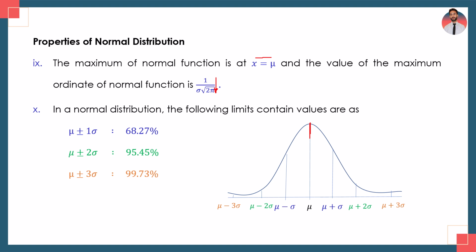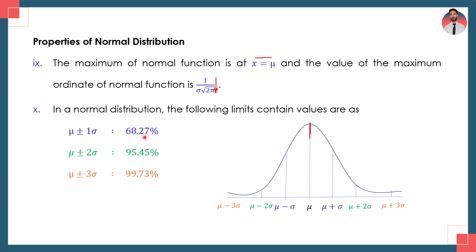In the 10th property of a normal distribution, the following limits contain values as follows. If you have x values data and the x values follow a normal distribution having mean mu and standard deviation sigma, then the first limit is mu plus minus 1 sigma limits, which contains or covers 68.27% of the observations. The data covered between mu minus sigma and mu plus sigma is